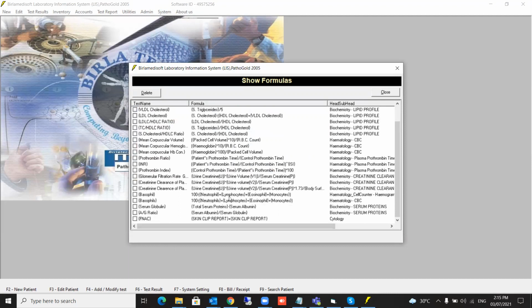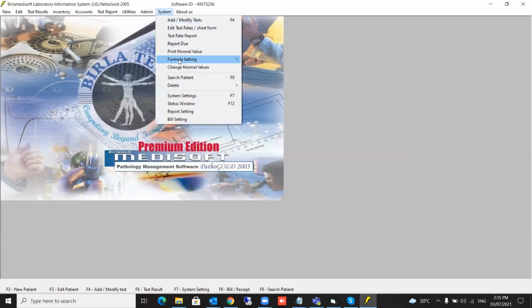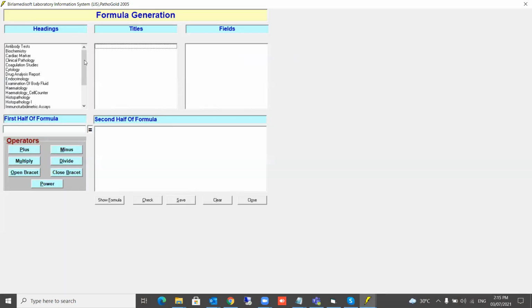Now you want to create your own formula. So for that, an ideal test, which we will call new test 2, which we have created, 3 parameters are there. Okay, so now when I enter the first parameter and second parameter, the third parameter should be calculated. Now I'm going to define that formula. Okay, how to create it? You go to the formula, you say add formula. Okay, and under hematology, where that test is available, under that test, the test is here, new test 2.